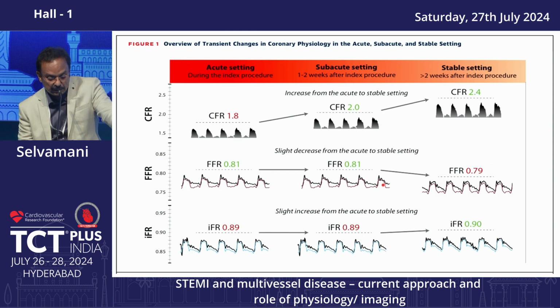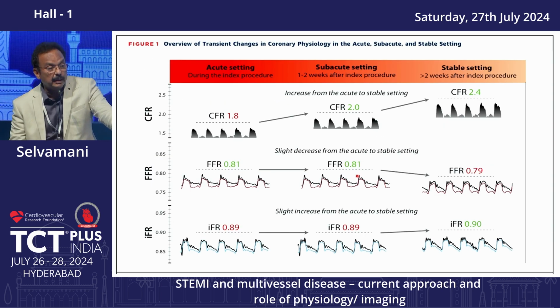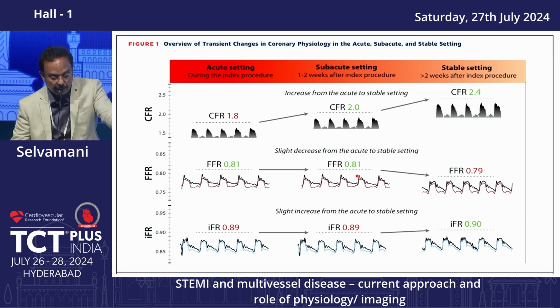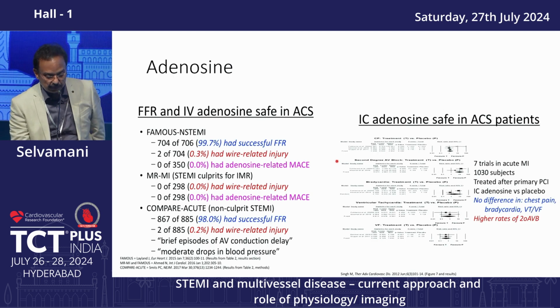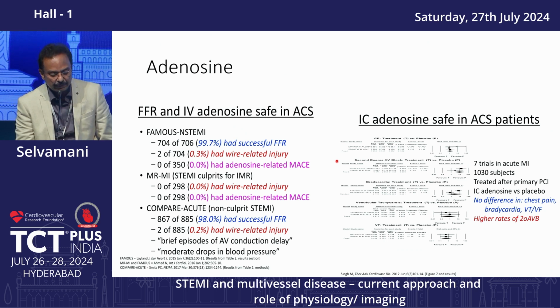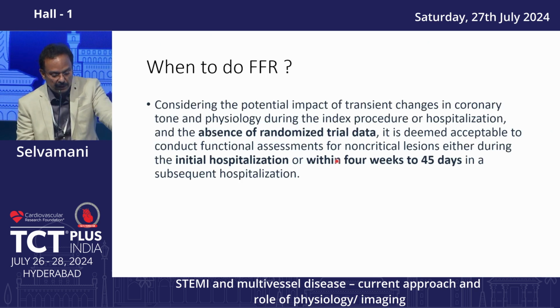If there is a gross difference, where the FFR is around 0.75 or 0.7, there is no doubt at all. A borderline FFR during an acute ACS is always controversial. Probably you can reconfirm it later. Use of adenosine is definitely there, but there are some cases where you cannot use adenosine. And as of today, you can do this non-culprit treatment up to 45 days, since there is not much